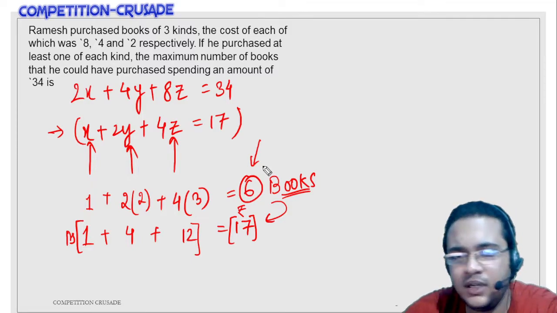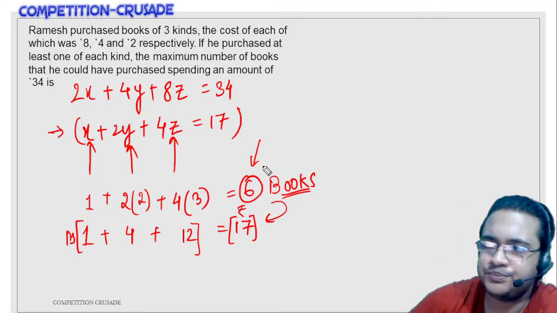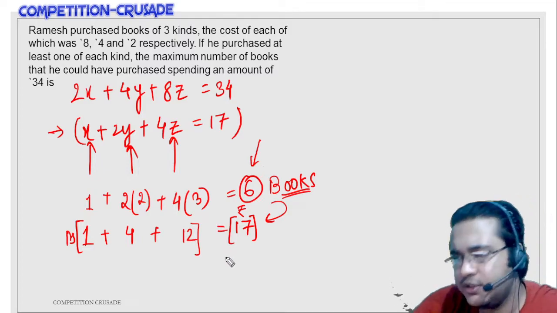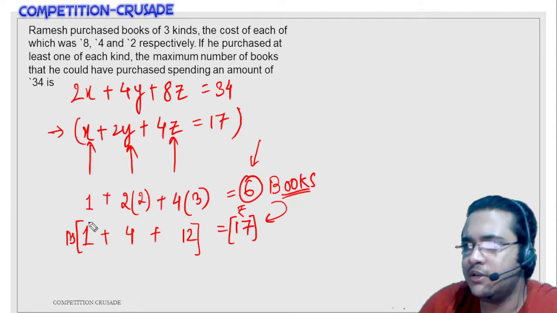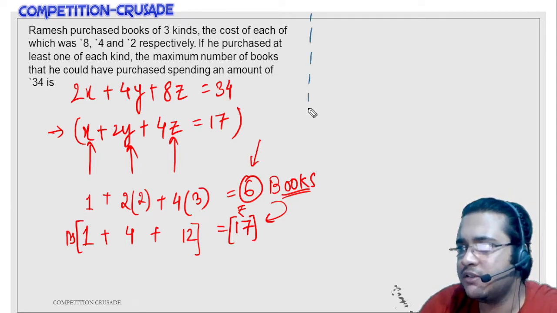Some of you guys have already come up with the answer, so I'll just straight away give you the answer, which is, let me take another color of the pen. So what I'm trying to tell you is that when I already have an equation of something like this, which is